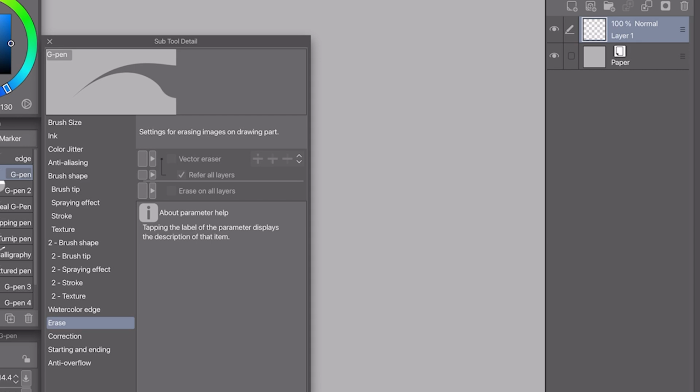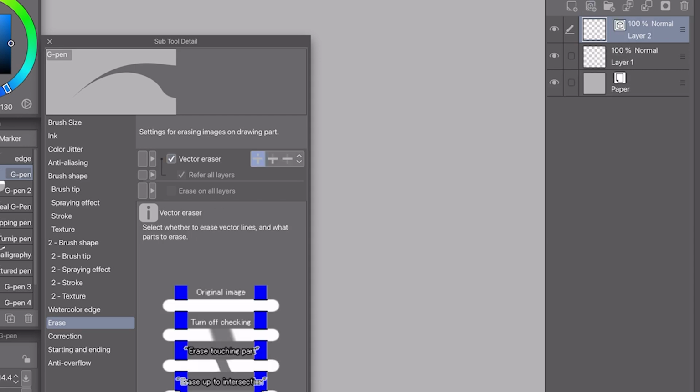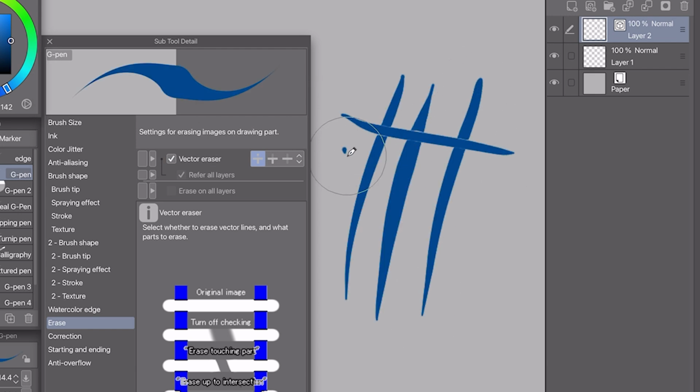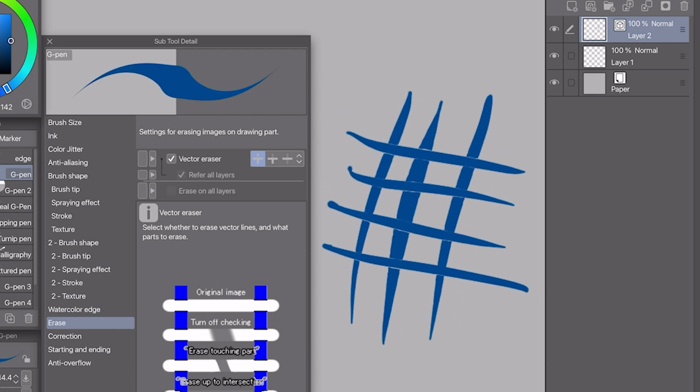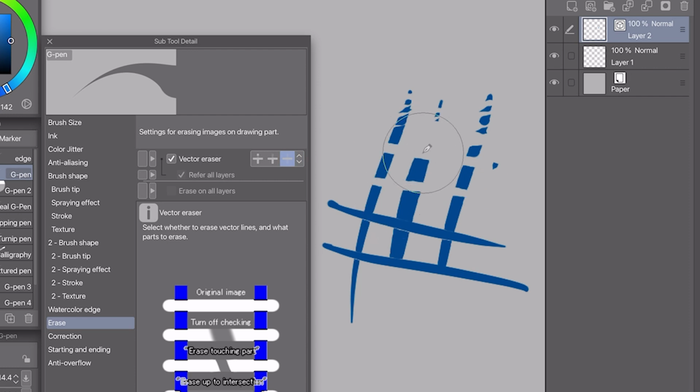Next up is eraser. To play around with the first settings, you must first make a vector layer and then check that on. When you draw stuff on a vector layer, you can choose whether or not you want to delete a whole section or just like a regular eraser would. So I'll turn this into a transparent brush, and with the first setting, you can delete and erase just like how a regular eraser would. With the second option, you can delete in small sections. The third one is to delete an entire stroke. Very useful when you're doing line art on a vector layer.